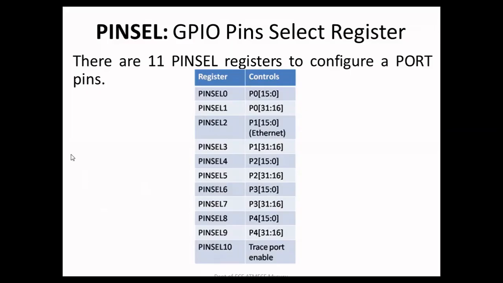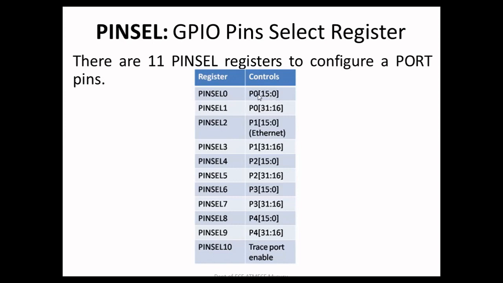So there are 11 pin selection registers to configure the port pins. Since each pin of the port can perform multiple functions, minimum one and maximum 4, to decide the functionality of each pin, 2 bit positions of the pin selection register are required. Therefore, every pin of the port is mapped to 2 bit positions of the pin selection register. For example, the 32 bit pin selection 0 register can decide the functions of pin number 0 to 15